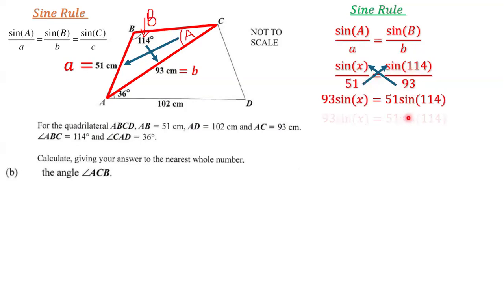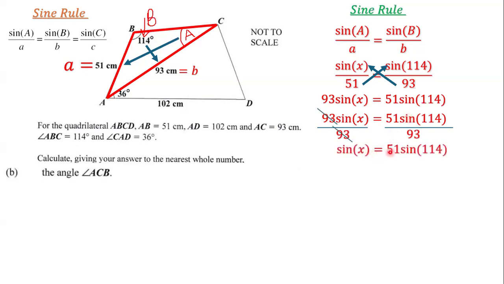And so we divide both sides of this equation by 93, so this cancels with that. And so we have sine of X is equal to 51 times sine of 114 divided by 93. Next, we multiply 51 times sine of 114 in the numerator, and we get